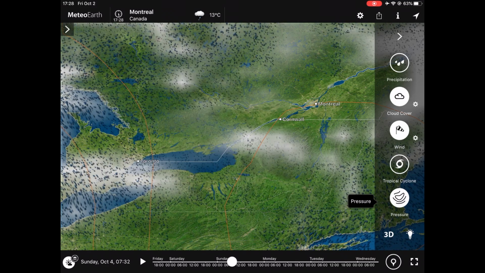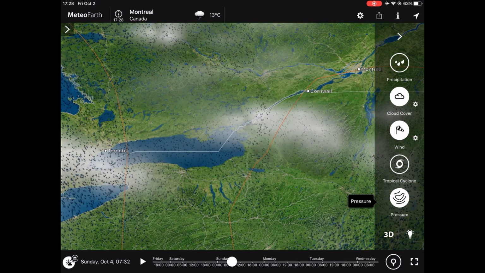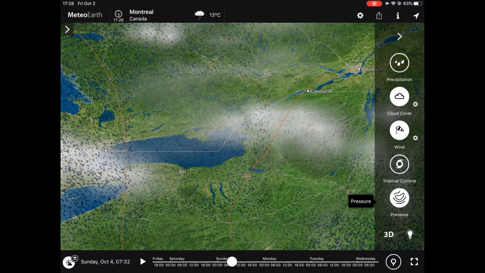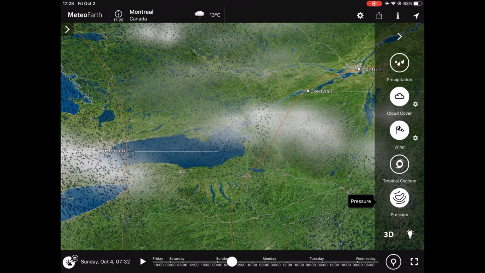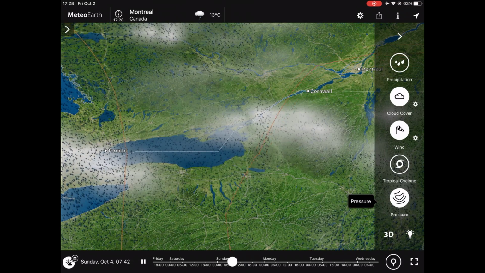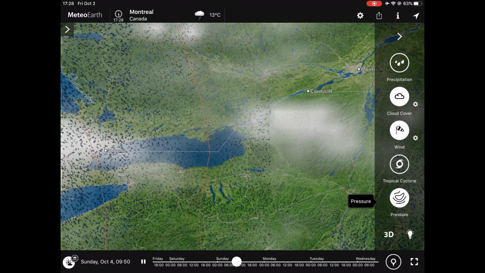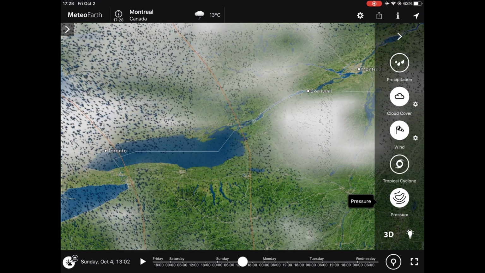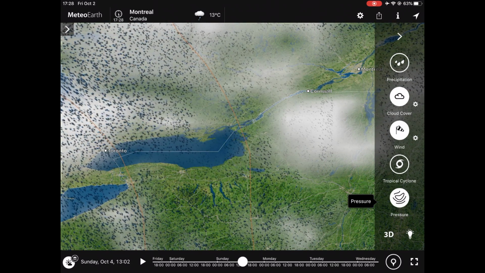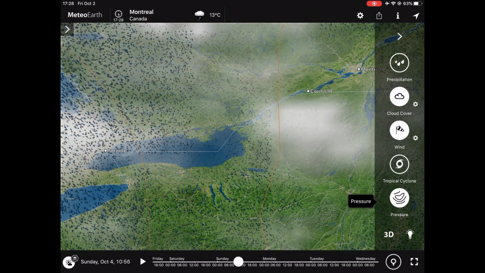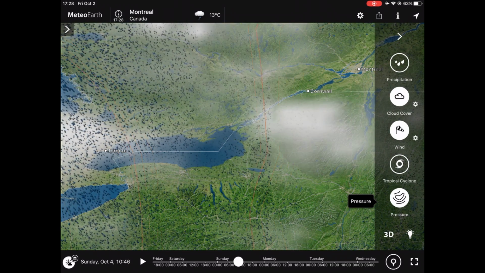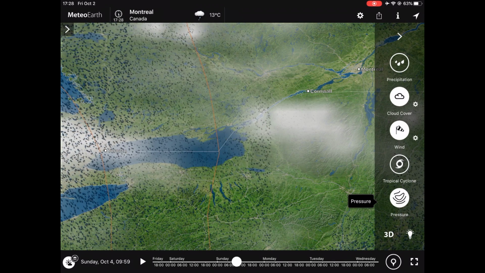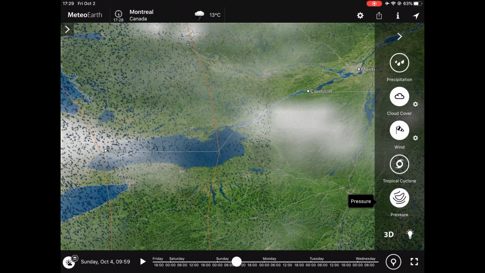So if I leave at 7:30 in the morning, we've got a little bit of cloud cover, but it's pretty much clear. And that flight takes about 2.5 hours. So if you look between 7:30 and even 1 o'clock, let's say we were delayed. So 1 o'clock is the deadline. So let's go back. So 7:30. Yeah, okay. So what I'm seeing here is I want to be back in Montreal by about 10 a.m.